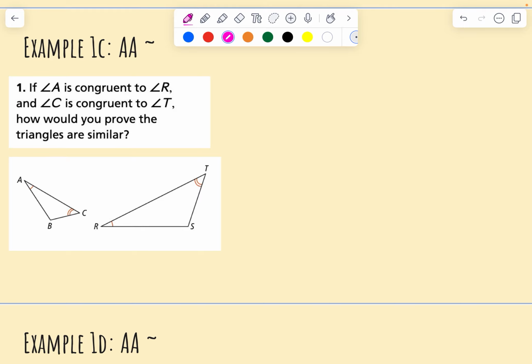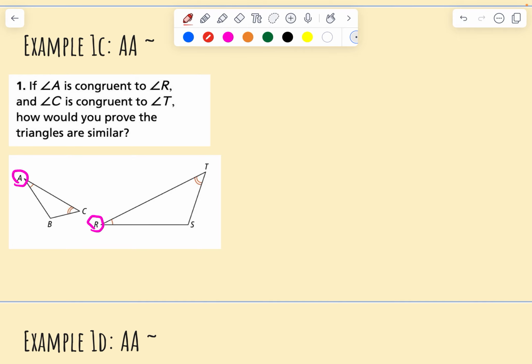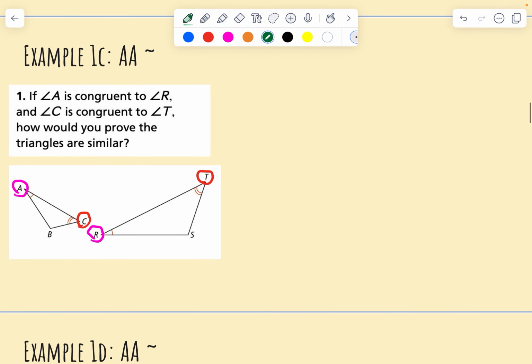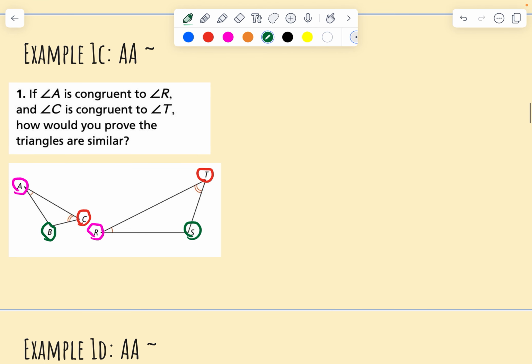This next one, we have A congruent to R. We have C congruent to T, which we don't need to say this, but we automatically know then that B and S are congruent. So since we have two pairs of congruent angles, we can say that triangle ABC